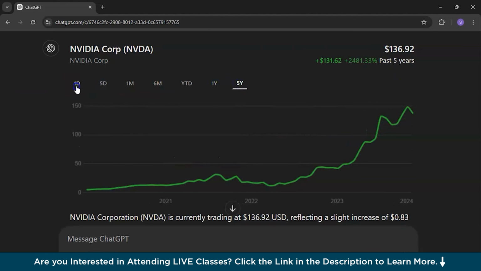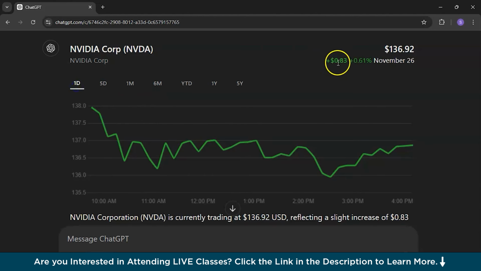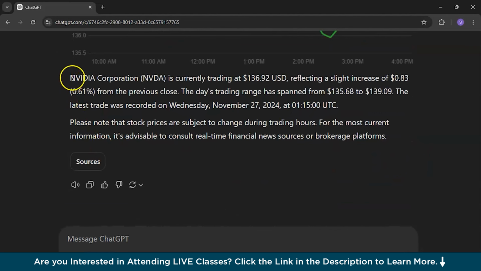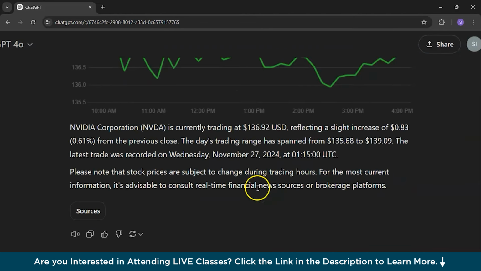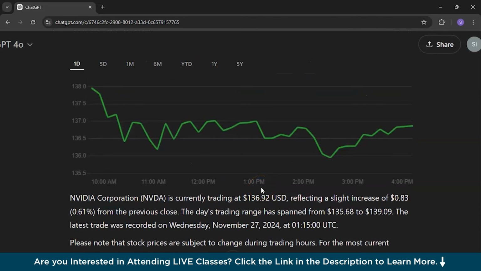And you will even get here the price, plus 0.83, plus 0.61%, November 26. This is actually nice. Even if you're getting a summary of this, this is truly nice. You can even find out at a particular date and time, 6 months, 1 month, and everything at just your fingertips.